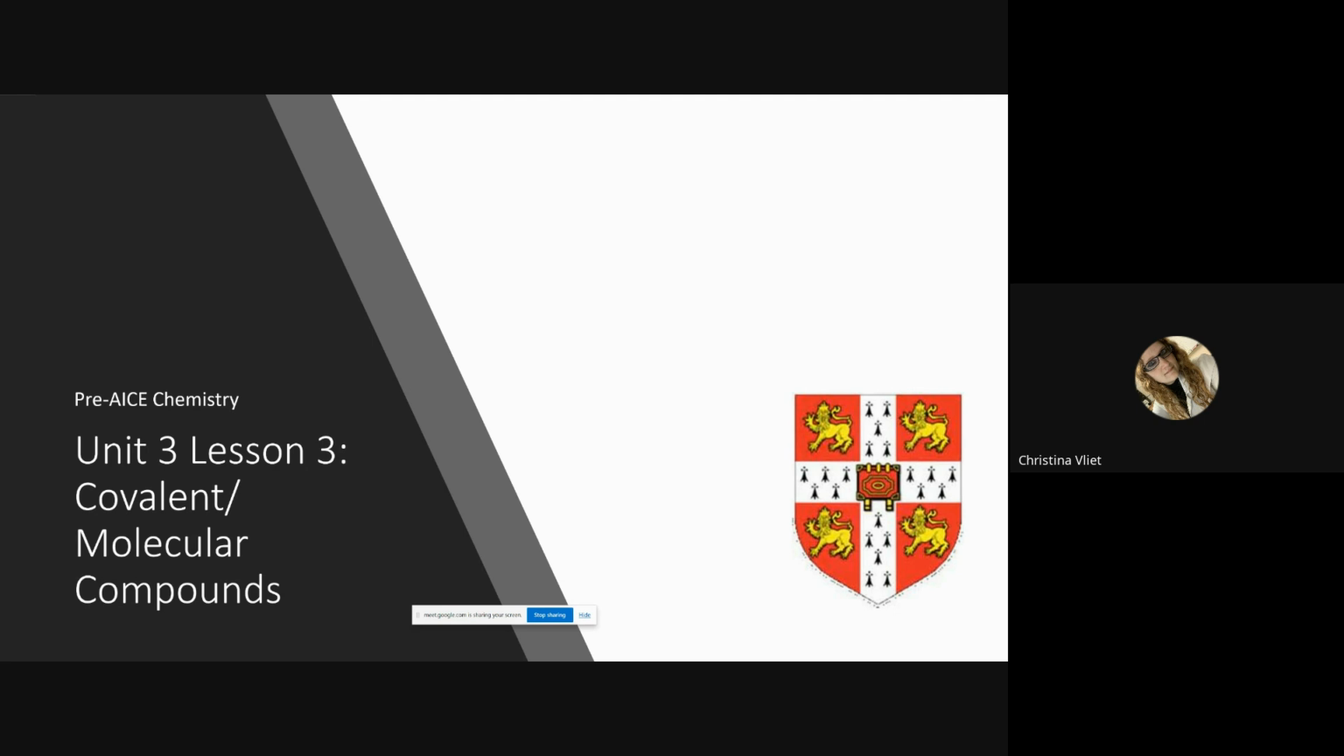All right, so Unit 3, Lesson 3, covalent/molecular compounds. In the first two lessons, we learned about ionic compounds. And we learned that one element